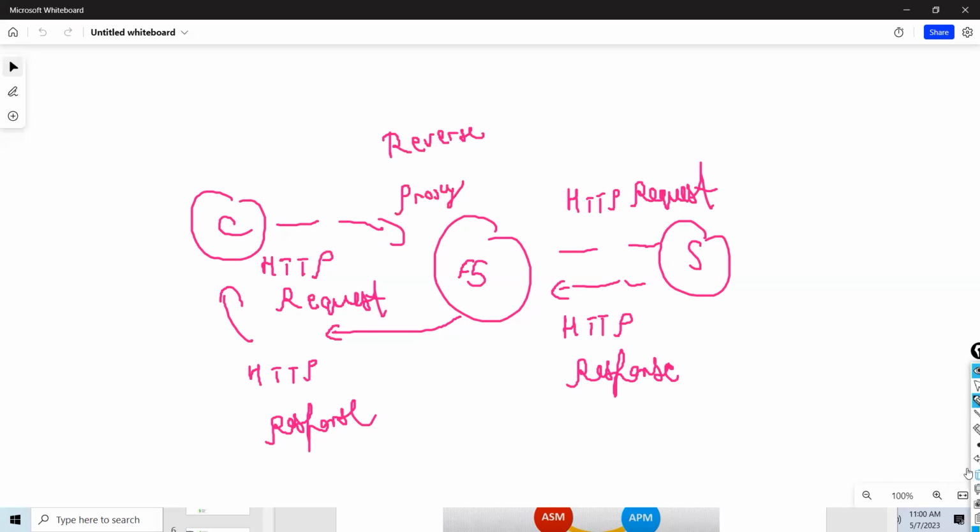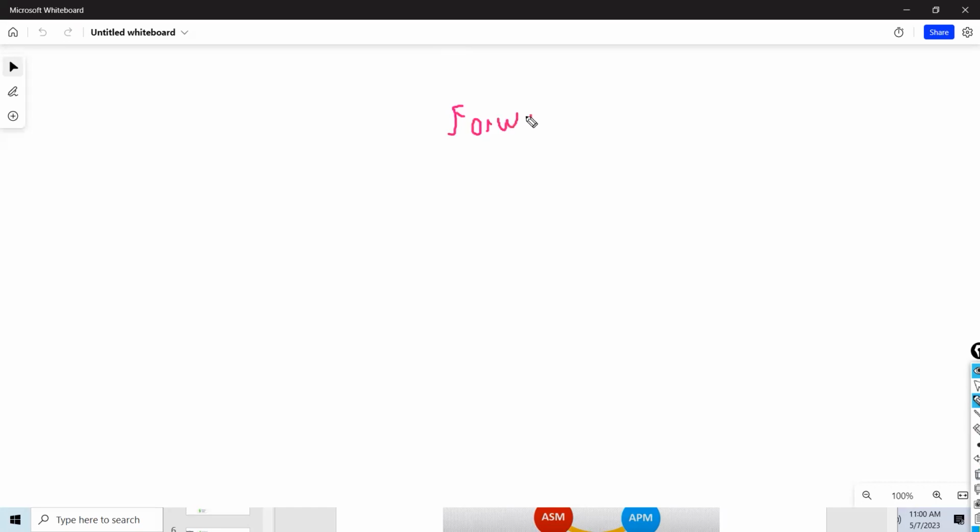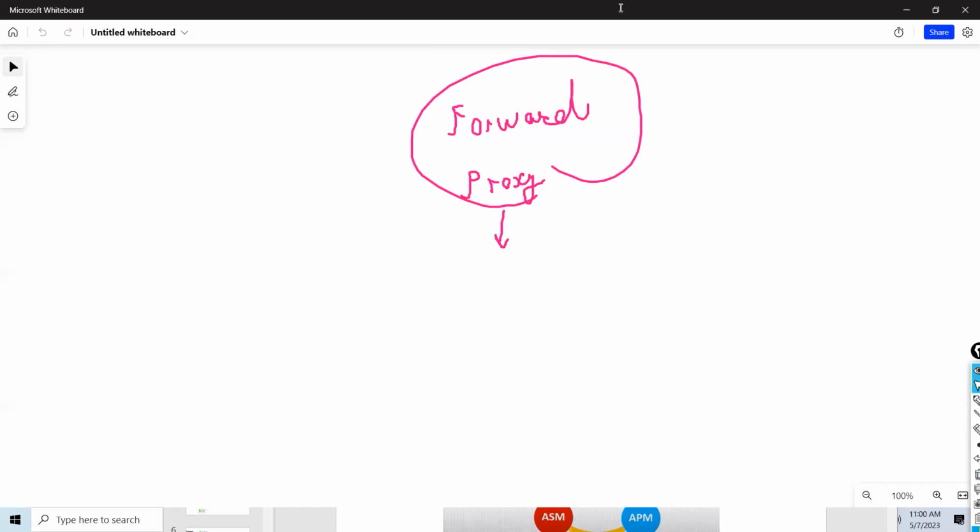Now can someone tell me an example of a forward proxy? Guys, very important basic question. What does a forward proxy do? Any example? Have you worked on any forward proxy? Ahmed Basha, you were right, it's a reverse proxy. Avneet said Zscaler is called a forward proxy. Guys, is he right or wrong? Excellent, Avneet. You are correct. So what does a forward proxy do, Avneet?